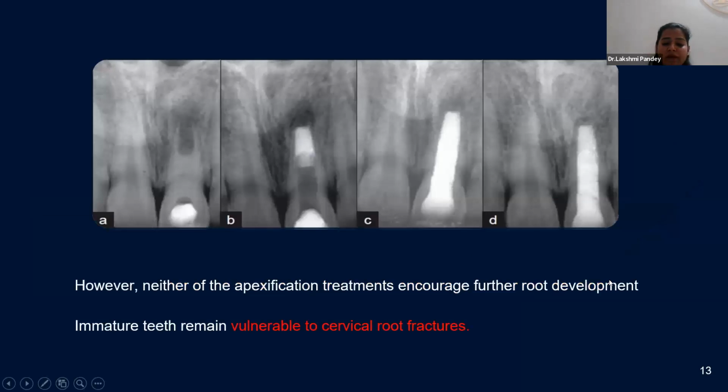Still, studies are going on. So next, as you can see here, neither of the apexification treatments encourages further root development. Here, when we do apexification, this is the process of apexification. Once you fill this, the root formation doesn't occur here. So that's why, because of the apexification problem, the new advancement came, that is